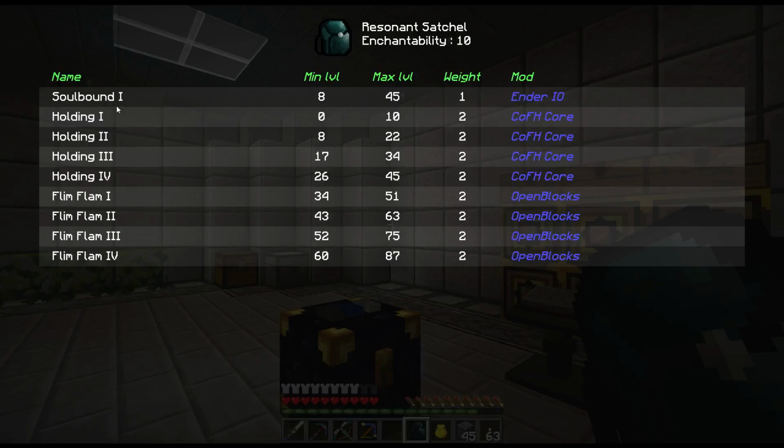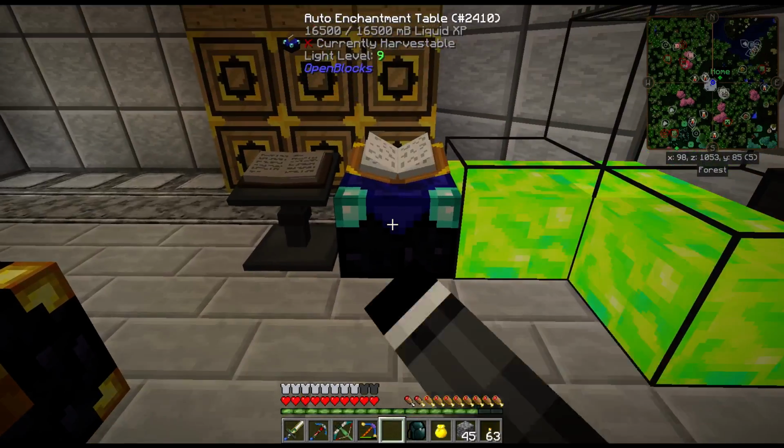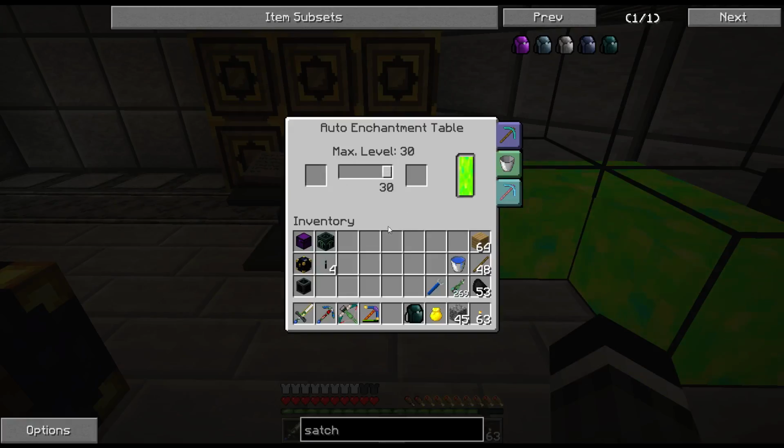Alright, so I want Soulbound, which means I need to be between level 8 and 45. Hey, how about level 30? I want holding 4, which means I need to be between level 26 and 45. How about level 30? I don't want Flim Flam, and those only show up on this thing because of its enchantability at levels 34 and above. So, hey, how about level 30? If we do level 30, we're pretty much guaranteed to get one of these. If we cross our fingers, hopefully we will actually get both. So let's go level 30